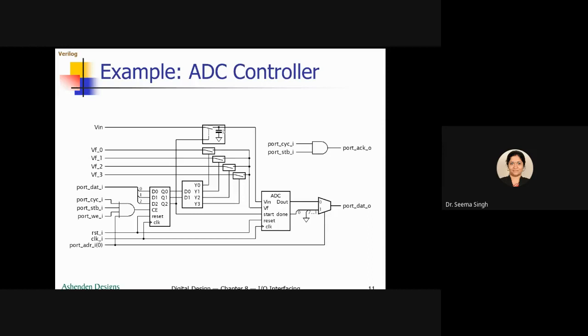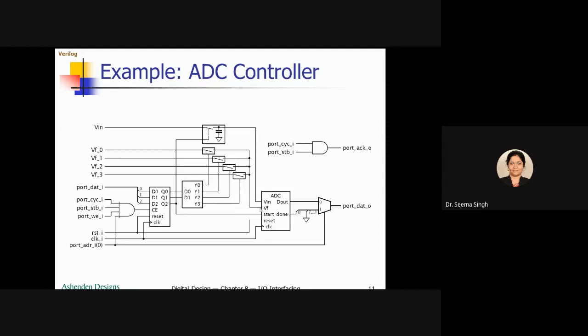Whether it is starting or holding is decided by Q2. These things are control signals only. So Q2 is a control signal to start it. Q2 will tell in what situation, whether V in is coming directly, or whether it is being held. So you can see the connection: Q2 will start, and Q2 will also take care of sample and holding your analog input. So this connection for V in, I hope you have understood.